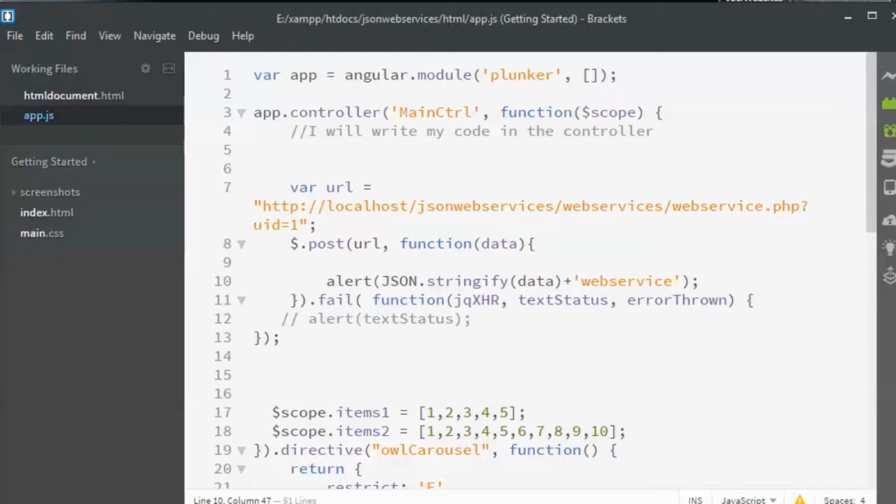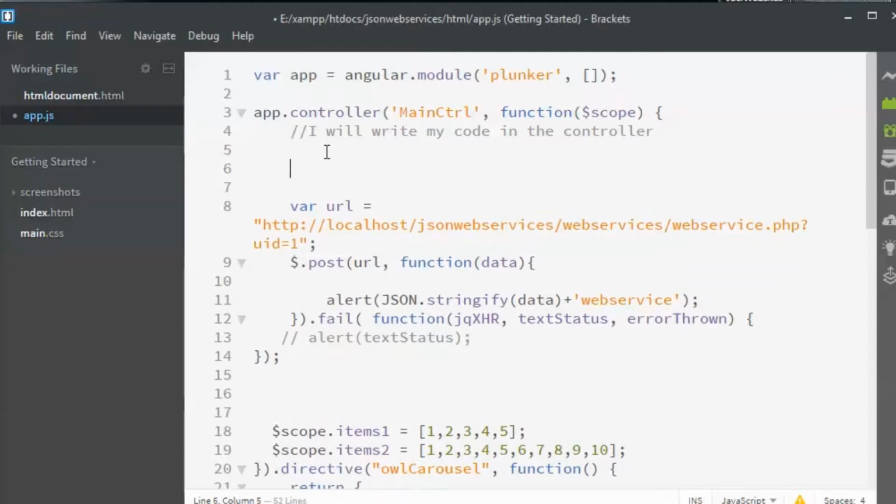I'm pressing save. Let us put a test alert over here, just to make sure we are on the same page. So let me type in some alert saying working. This is just for you to know if the file is running properly or not, if JavaScript is working fine. So you'll basically know if this part of code is running or not when you execute the file.